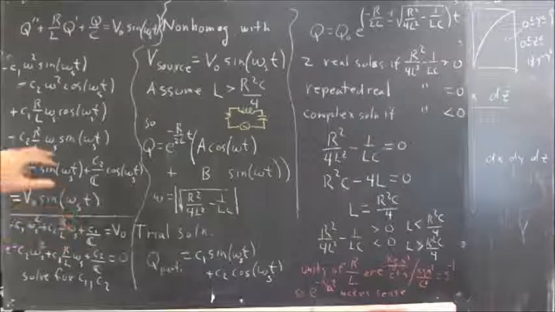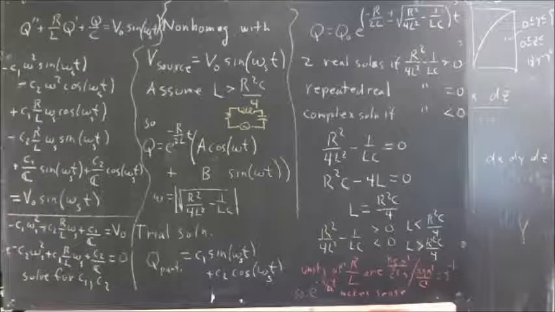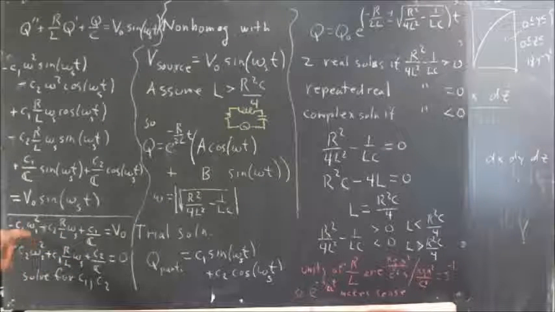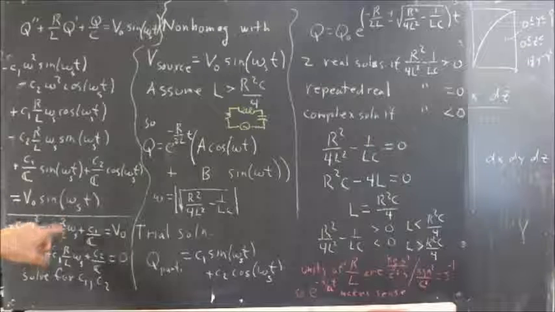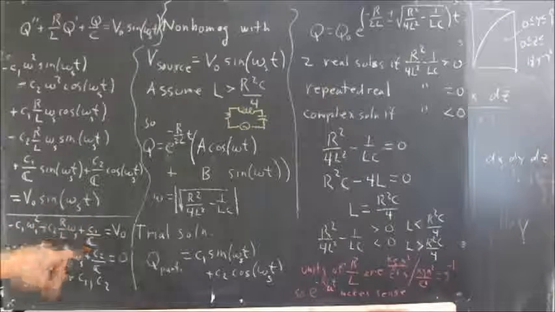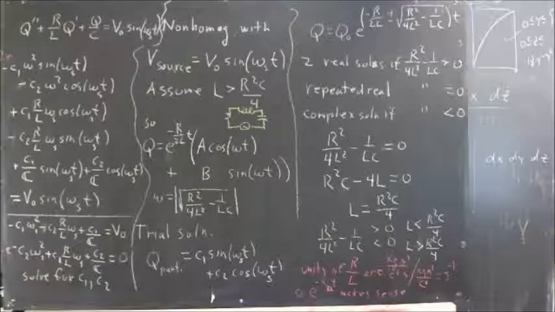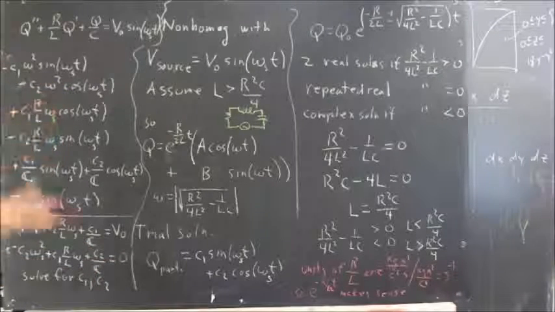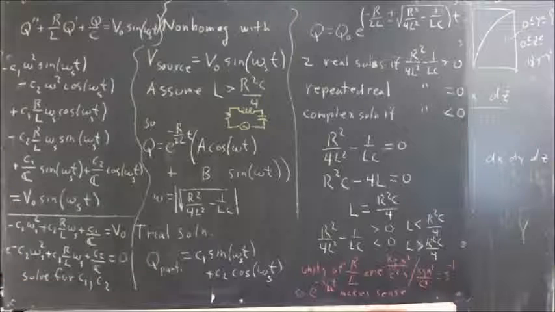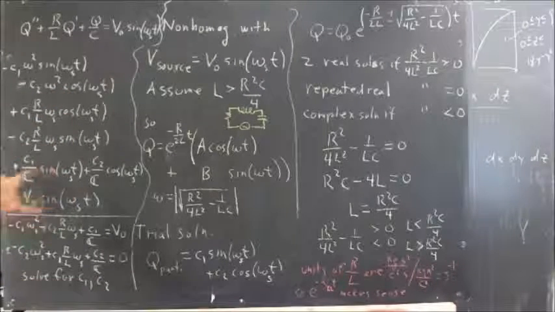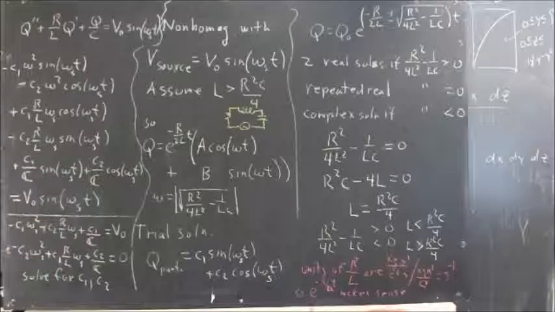So the sine of omega s t will go out of every one of those terms, and we're going to end up with this. Negative C1 omega s squared minus C2 R over L omega s plus C1 over capacitance C, and that should equal V naught. The cosine terms are going to have to add up to 0 because we have no cosine on this side. So we just get this term, and this term, and this term,